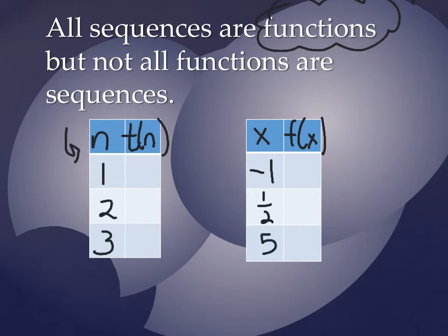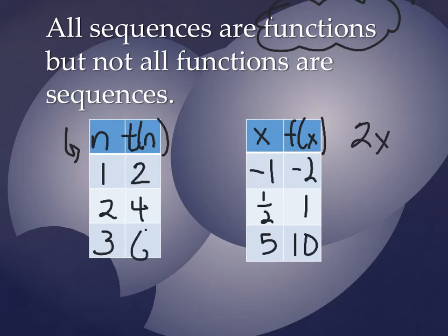So I'm going to talk about a sequence that's related to a linear function with a rule of 2n, or 2x. So -1 times 2 is -2, 1/2 times 2 is 1, 5 times 2 is 10. This is the function of 2x. The sequence that would be similar to it is going to have 1 times 2 is 2, 2 times 2 is 4, 3 times 2 is 6,